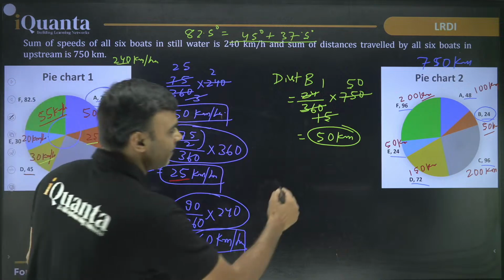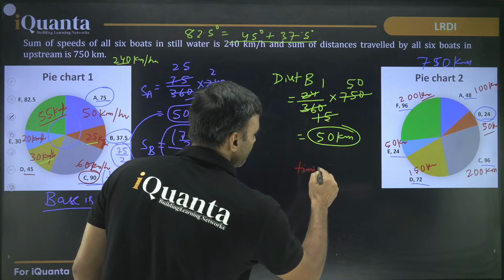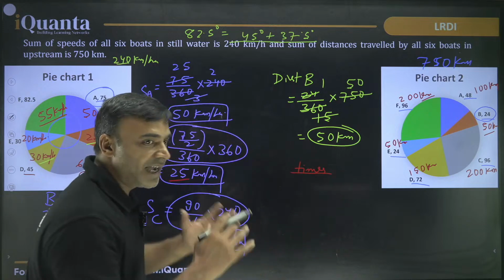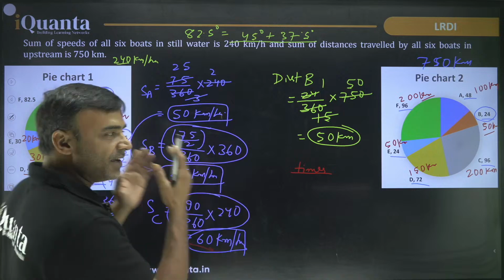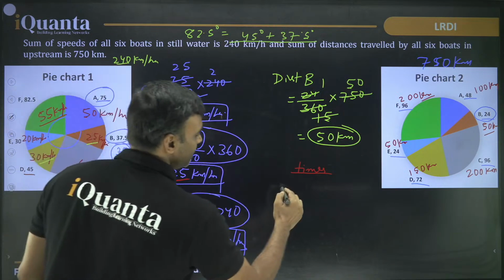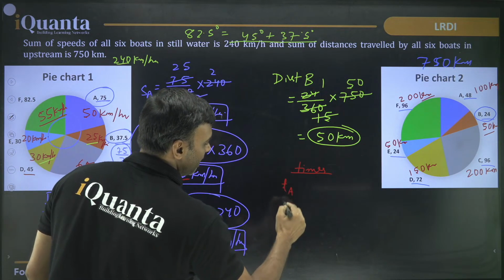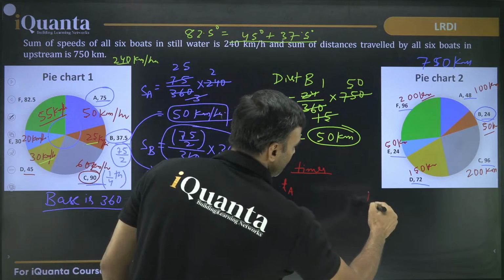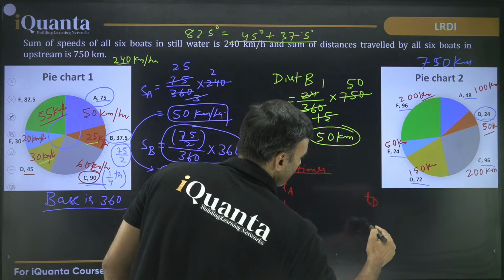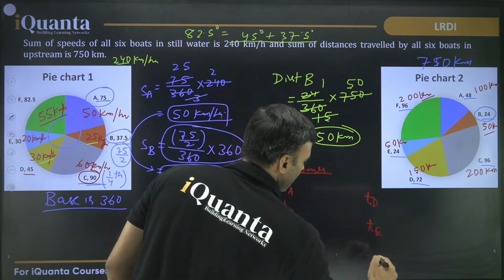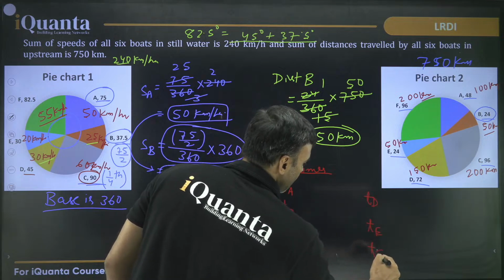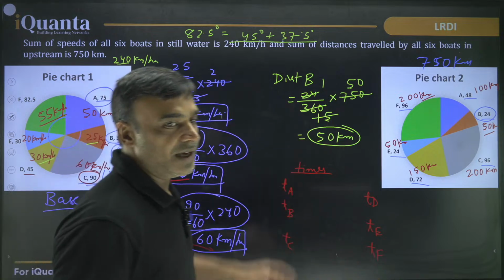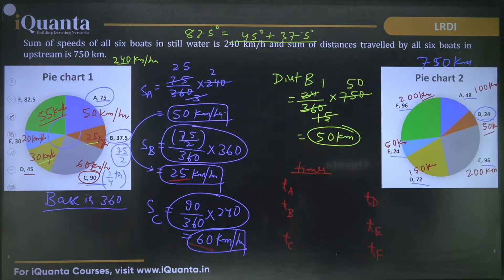Now can I also find the times? Let's do that. How much time they have spent in traveling the given distances at the given speeds? निकालो जरा. Time of A, वो भी निकाल के अपने नोटबुक में रखो. Time of B, time of C, time of D, time of E, time of F. And अभी तक हम questions में गए नहीं हैं. Here what we are doing is we are only analyzing